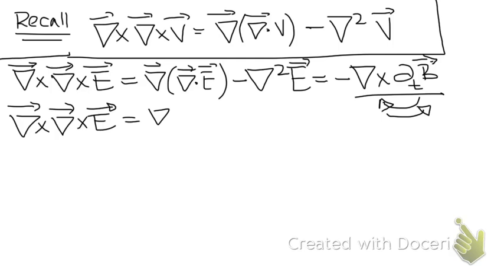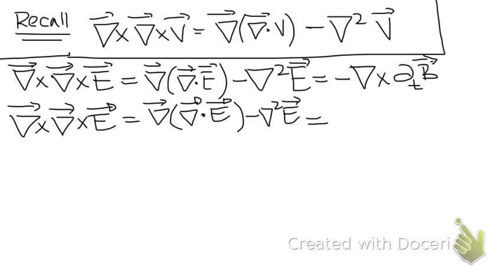So del of the divergence of E, it's getting a bit messy, so from the next expression I'm not going to write these vector signs, and I'll assume that you already know what is a vector and what is a scalar, right? Okay, so minus the Laplacian of E, all of this will then be equal to